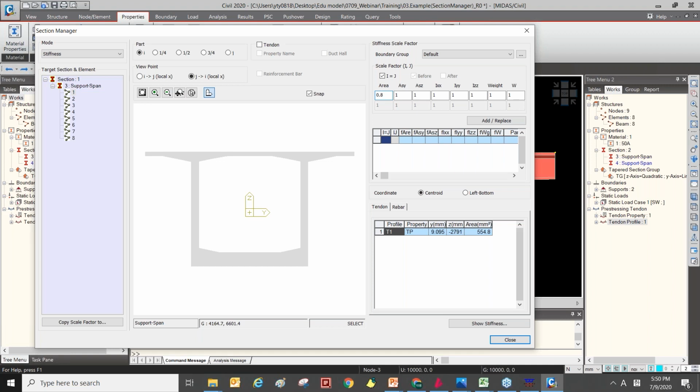You can input the scale like this, and you can find the boundary condition. If you want to assign a section that has a different scale factor to a different load case or different construction stage, we need to assign the boundary group.